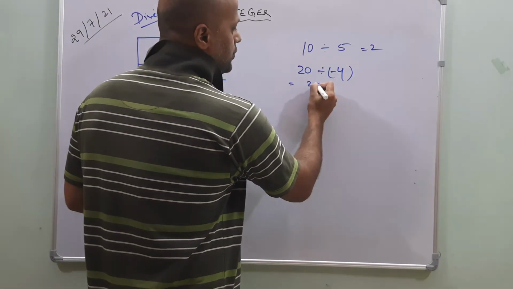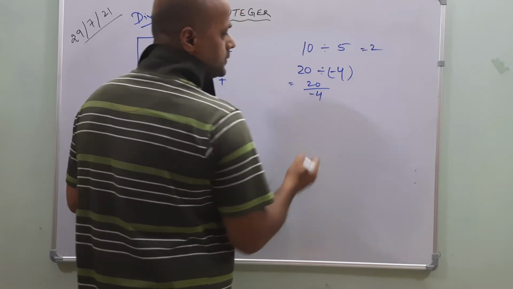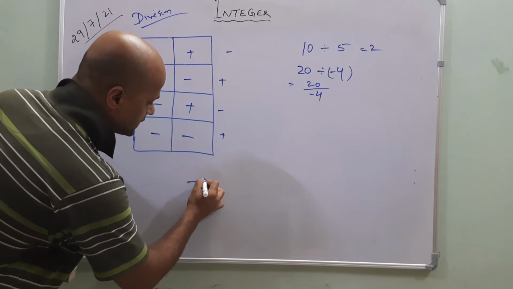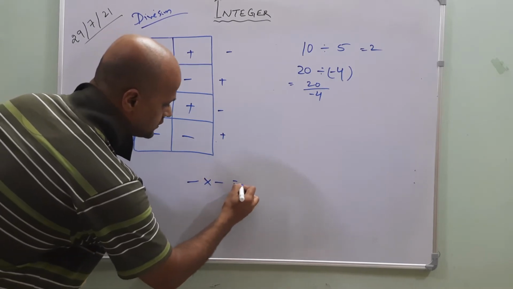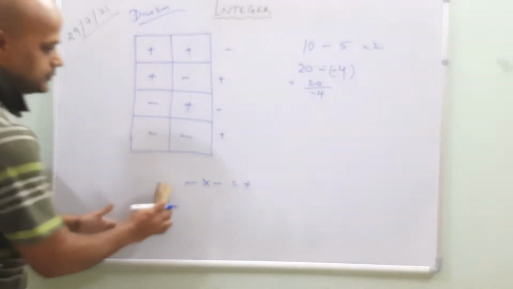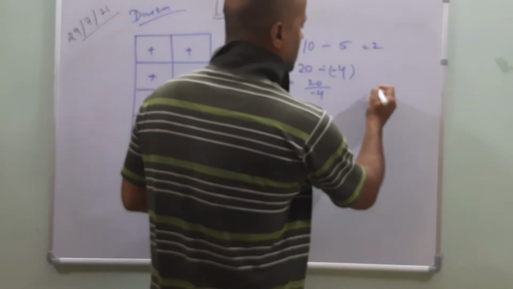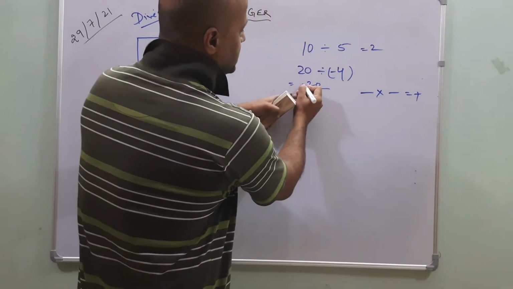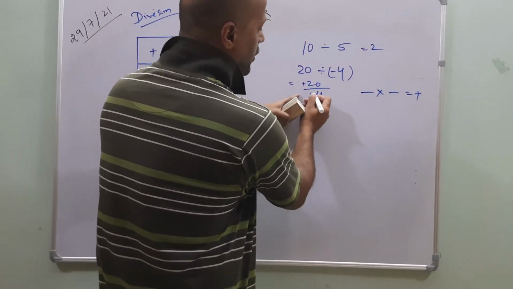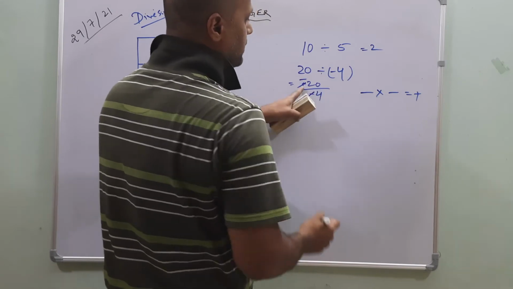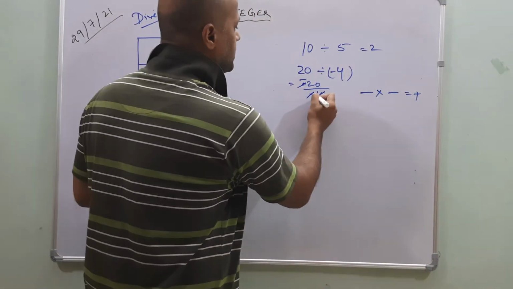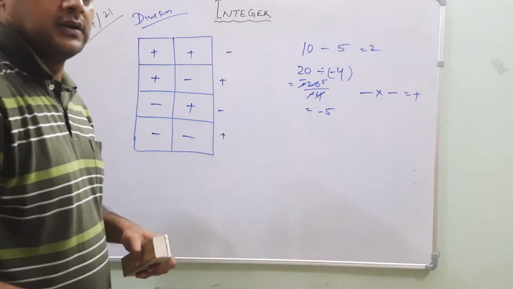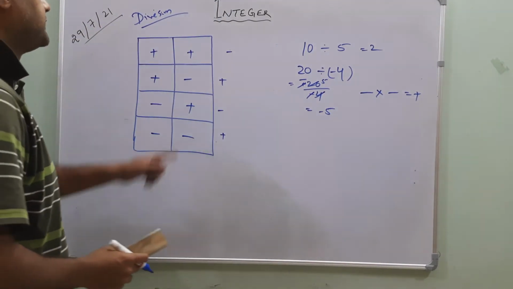We know that 20 divided by minus 4. Okay, this is plus. We know that, remember, in the case of multiplication, minus into minus is equal to plus. Yes or no? We know it or not? We have already done it. Minus into minus is equal to plus. To cancel plus 20, if I bring another minus, then that plus will be cancelled. And this number will be 5. How much? Minus 5 came here. Understood? Now, this is the second one.